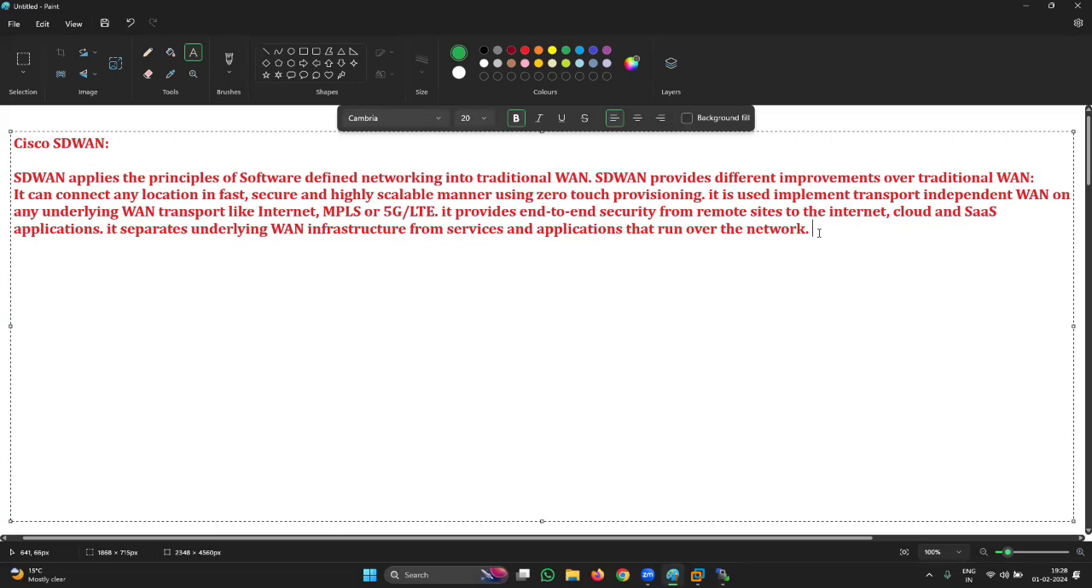SD-WAN provides a single pane of glass for management and analytics, right? You can add this here. SD-WAN provides a single management plane and a single pane of glass, right? You can write it like that, single pane of glass